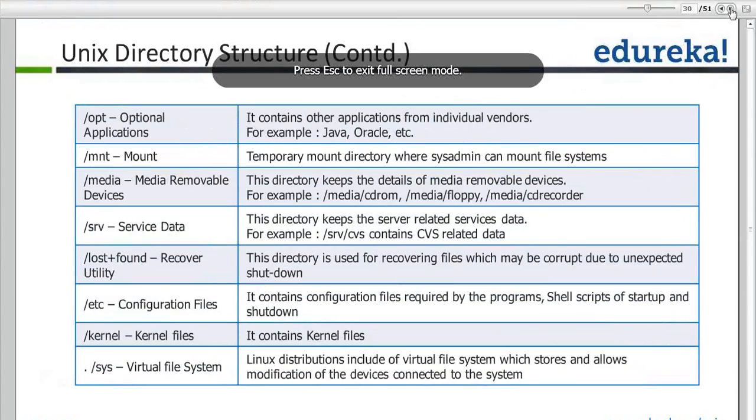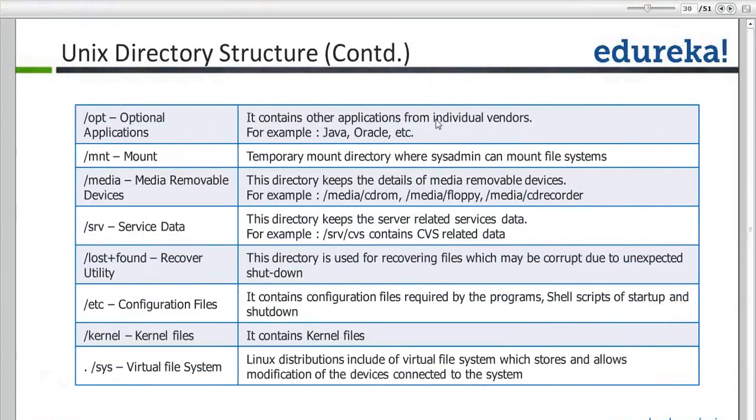Similarly, /opt contains optional applications from individual vendors like Java or Oracle. If a third-party application is installed in your machine, it has got this file system. Java or Oracle packages are stored in /opt. /mnt,